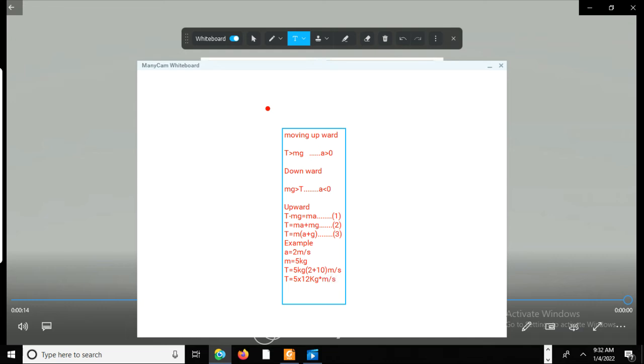Okay, this tension is equal to this force, 5 times this, 60 Newton. Okay, which is equivalent to a mass that is assumed to be 6 kilogram. Okay,